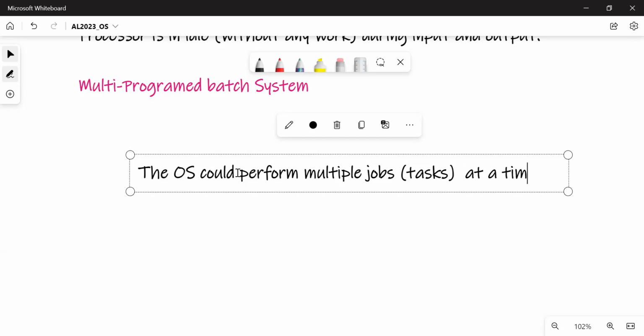At a time. We can say the OS could process multiple jobs at a time.